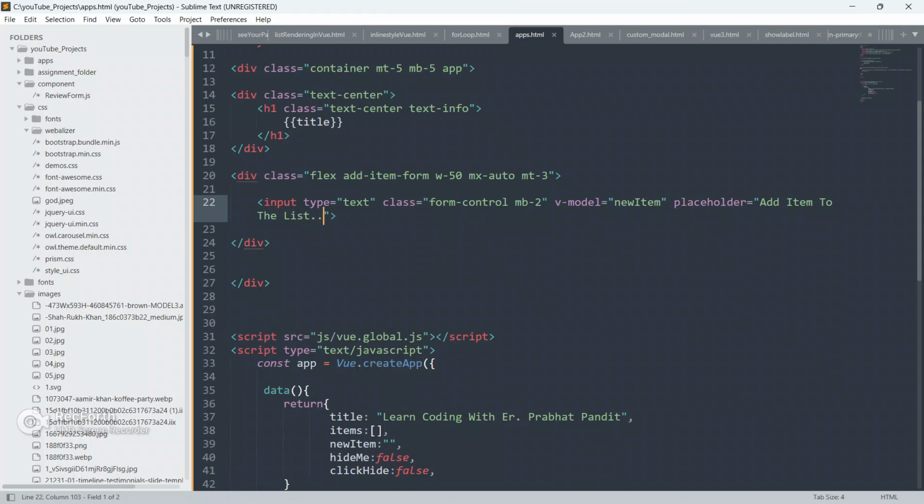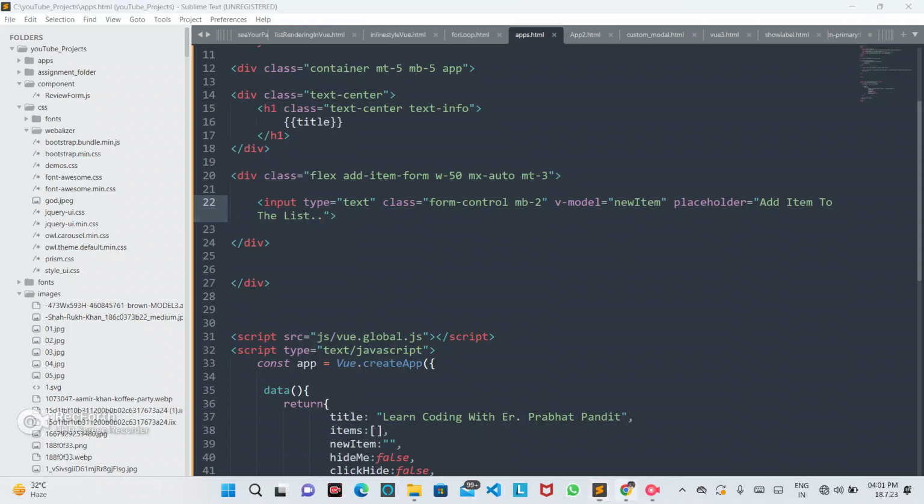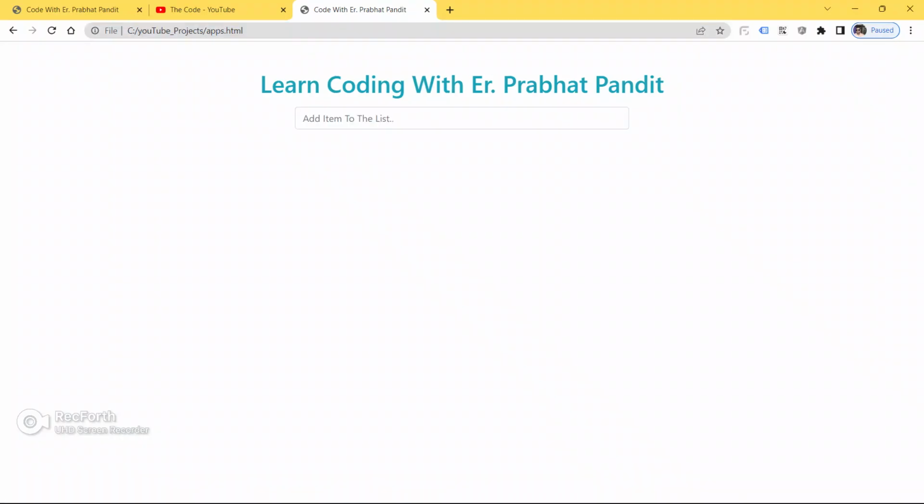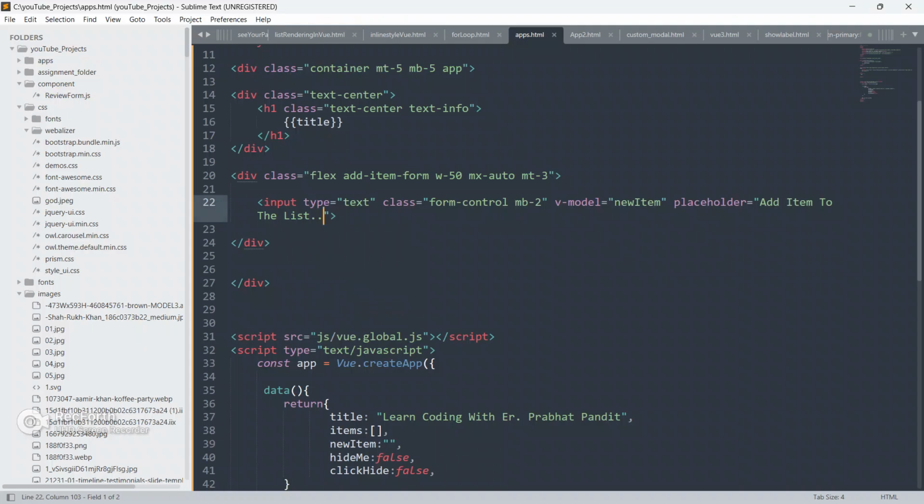Okay, as of now just save it, go to the browser and refresh your page. See, now we're able to see our input box, add item to the list. Okay, so now I'm gonna create one button.